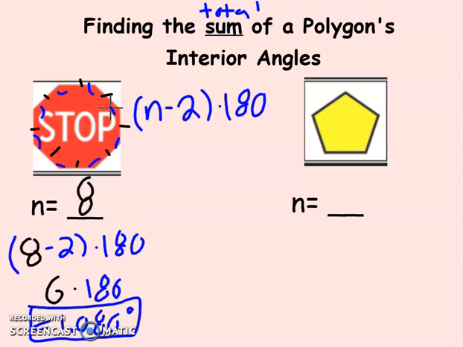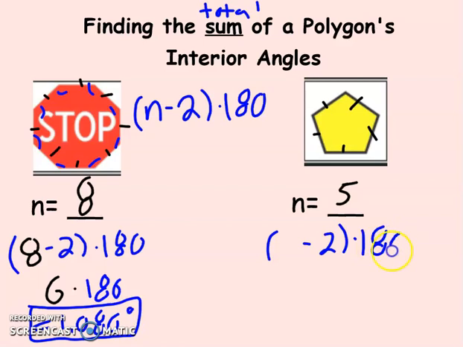We go over to the right-hand side, we have a pentagon. Okay, so we count up the number of sides here. Well, I have 1, 2, 3, 4, 5. So I have 5 sides. I'm going to use that same exact formula, the number of sides minus 2 times 180. So it's going to be,